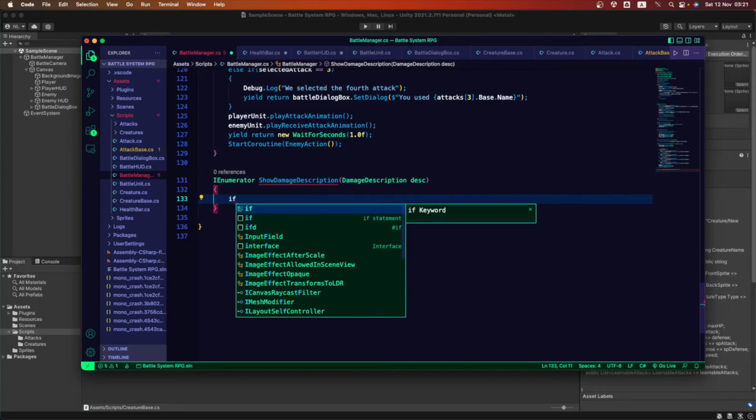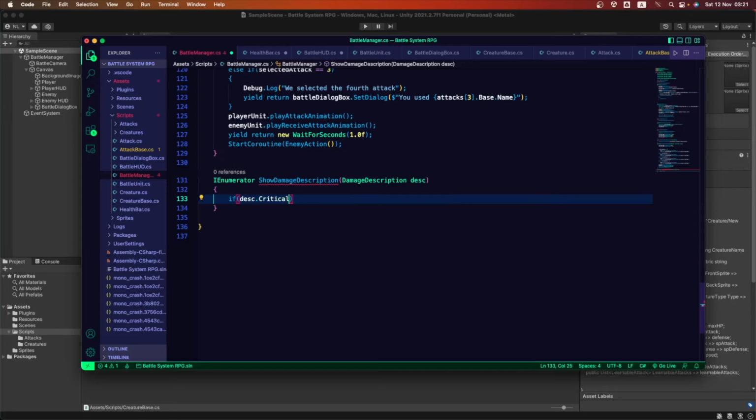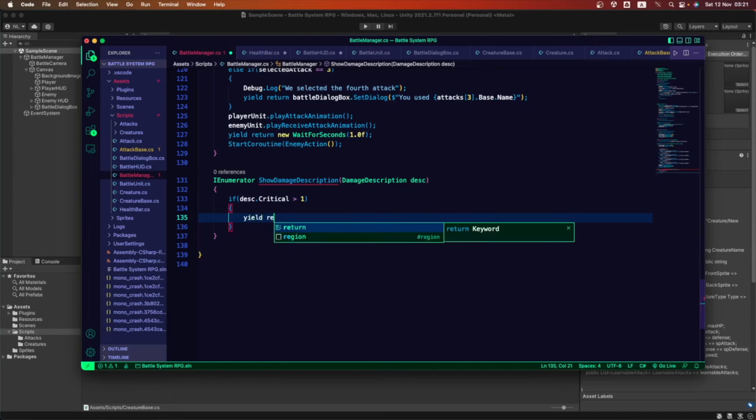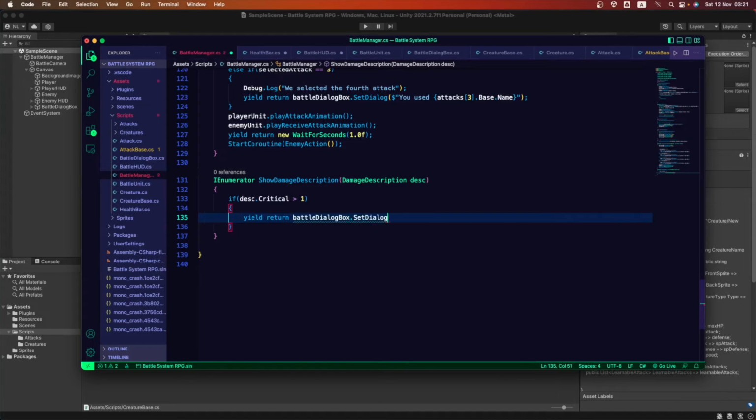If we're gonna be doing that desk dot critical, remember this is gonna be bigger than 1. If that is bigger than 1, we wanna write a message here. Yield return battle dialog box, which is the one that writes the messages. We're gonna set a dialog, and this dialog is gonna say a critical hit. Great. That is looking nice.